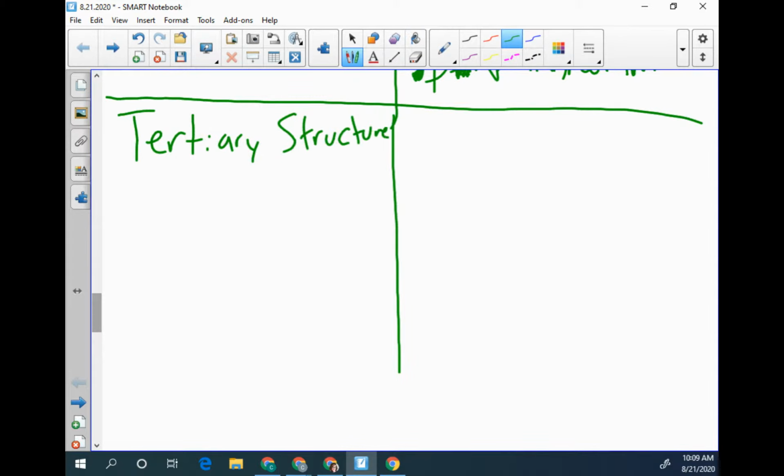I did a brief overview of this with my Bio 1 students, and the word tertiary blew their minds. They didn't know that there was something that comes after secondary, and the fact that it was tertiary, some of them just couldn't grasp it. But anyway, we have our tertiary structure, which is our 3D shape,